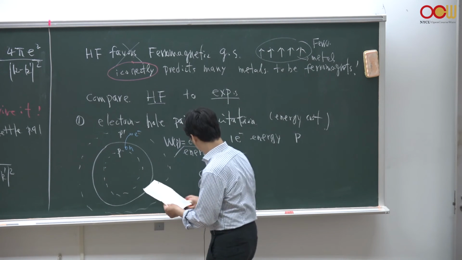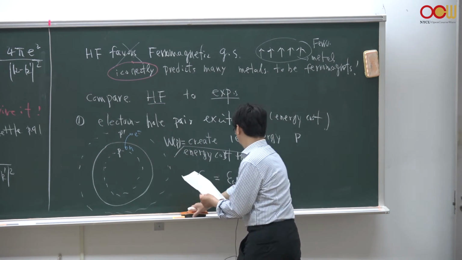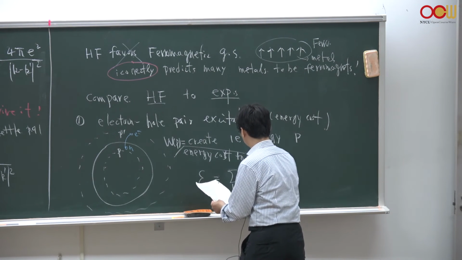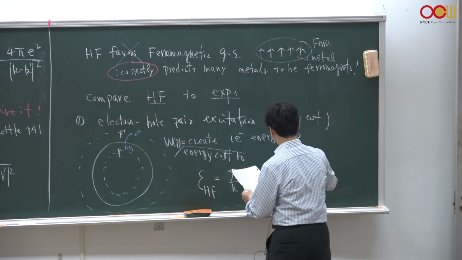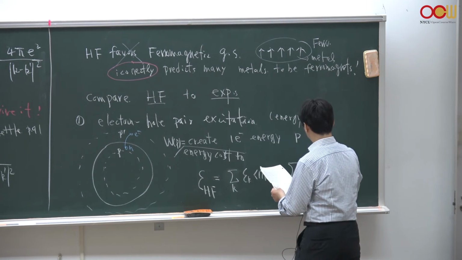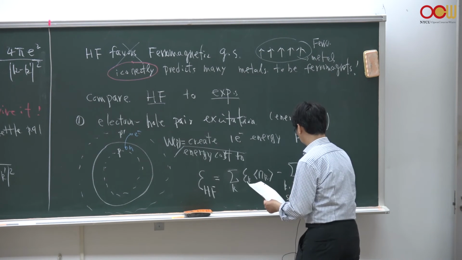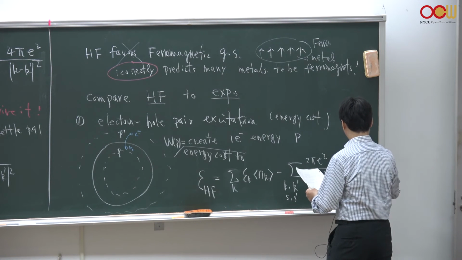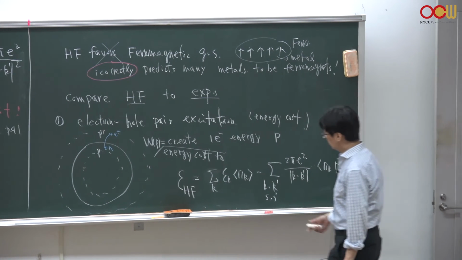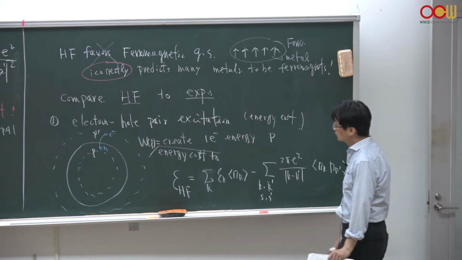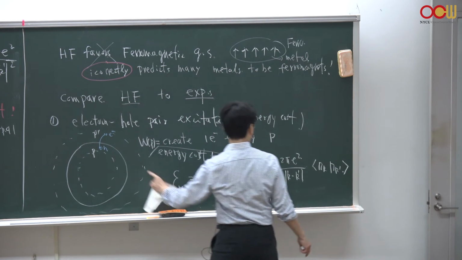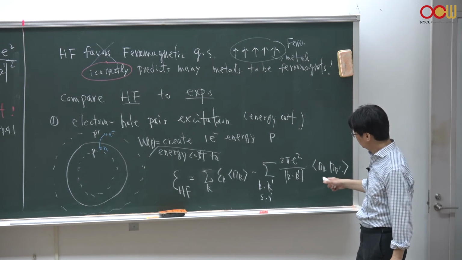Or Hartree-Fock epsilon 0, which in terms of the occupation number operator is nothing but this, minus k prime and 2 pi e squared, spin, and n k prime. Right? So that's what we got. So this is the total energy within the Hartree-Fock, and to create an electron in an excited state with the energy p or momentum p, what we need to do is actually to